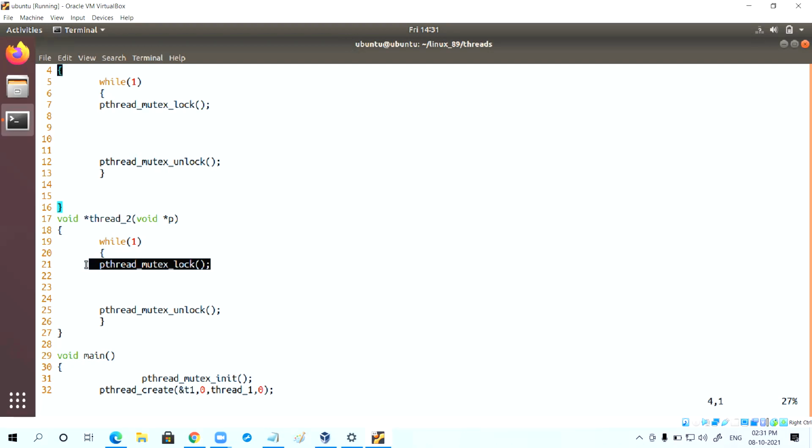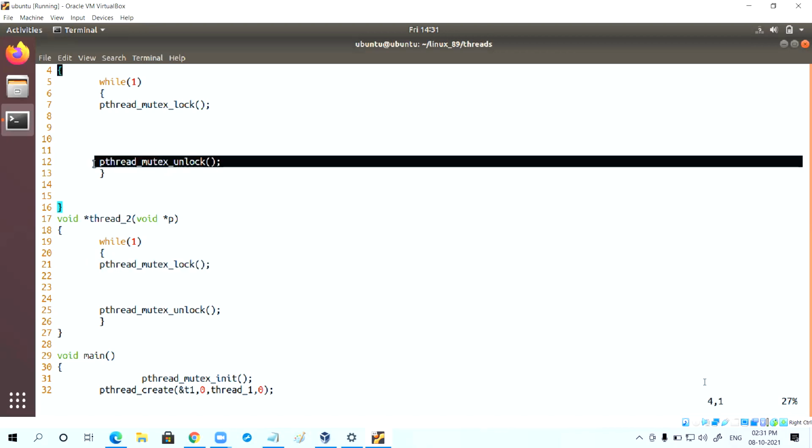Can I say pthread_mutex_lock? This thread's execution will be blocked until the first thread unlocks the mutex.